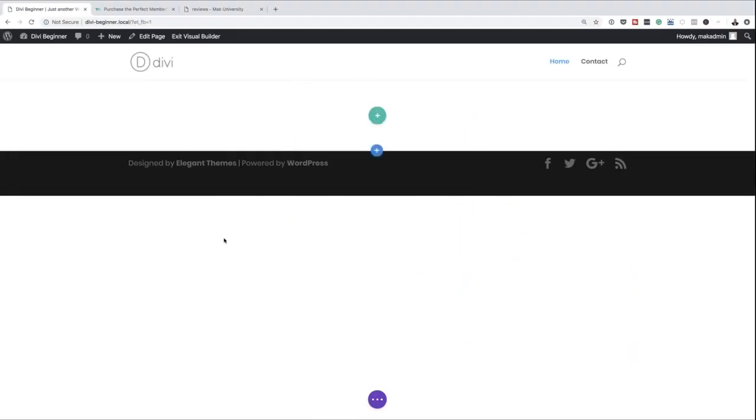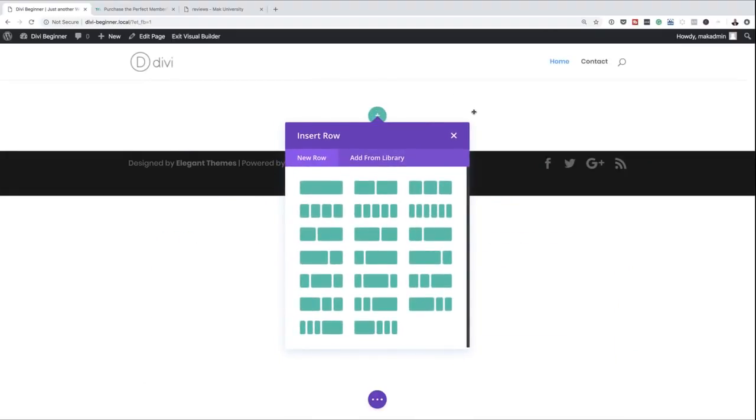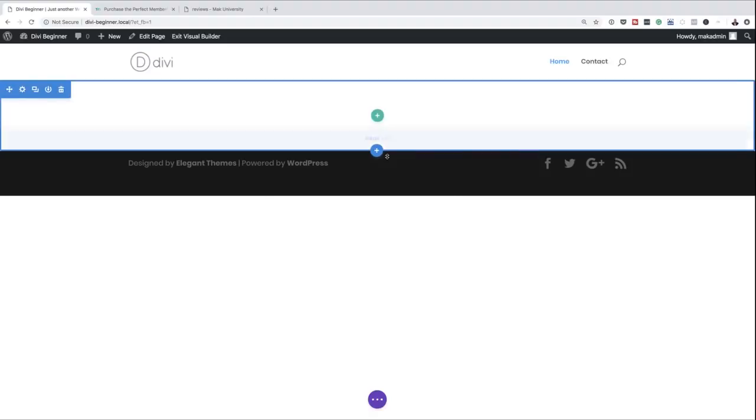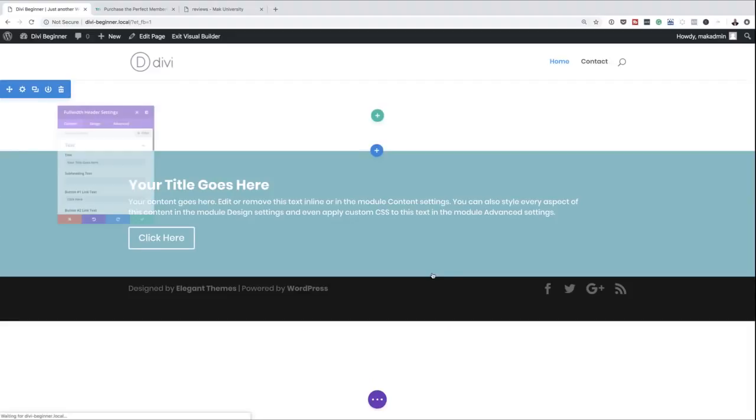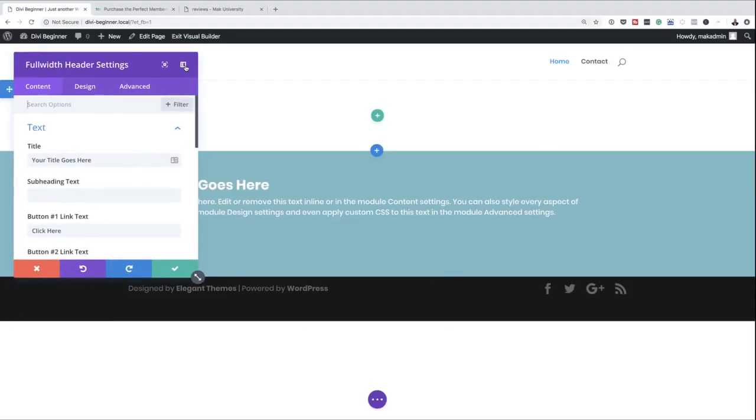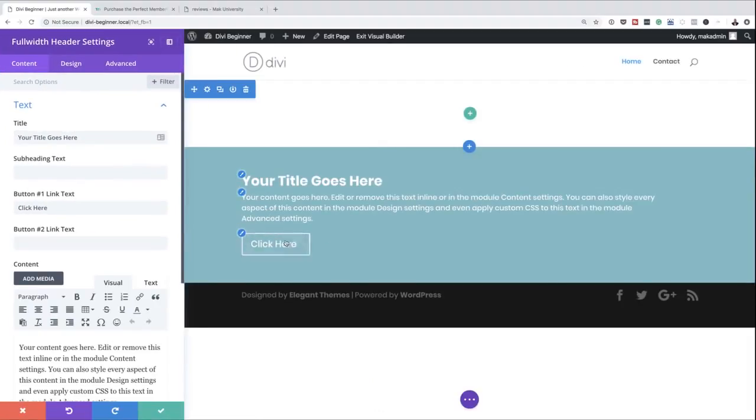I'm going to build this from scratch. However, you can also use pre-made layouts to build this. It doesn't really matter. Right, so I'm just going to close this for now, and I'm going to go with a full width header. Okay, and the reason why I like the full width header is because we can have more than one button here. So here you can actually say